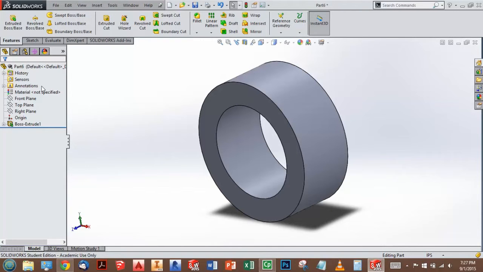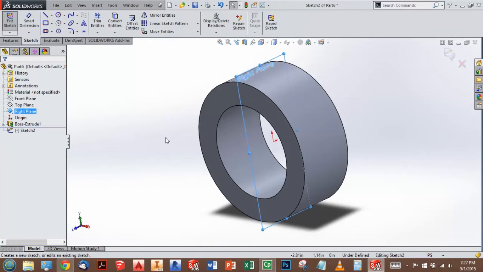So I'm actually going to sketch that on this plane. I'm sketching in the middle of this thing, and then I'm going to cut it out in both directions. So I'm just going to choose my right plane and go to Sketch using the little pop-up toolbar here. And then I'll hit Control 8 on the keyboard. But before I do that, I want to show you a little trick